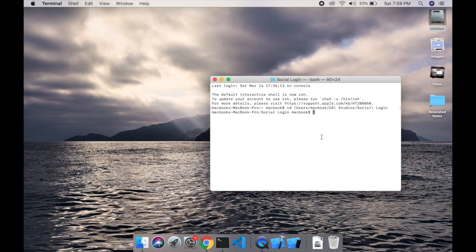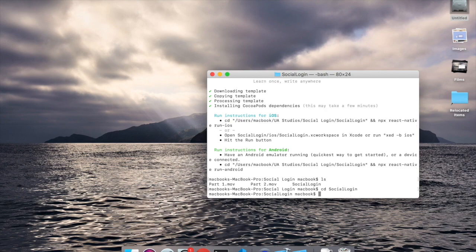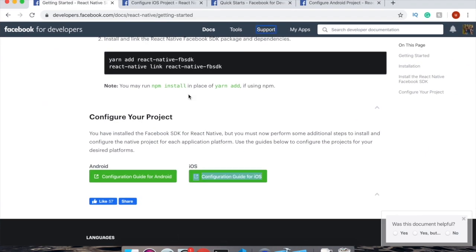Go to the terminal and in the project directory type npx react-native init. Let's give it a name, social login. It will create a new project and I will be back when it gets installed. We have created the project successfully. Now navigate to the project directory, social login. Then if I go to the official document for React Native Facebook login,